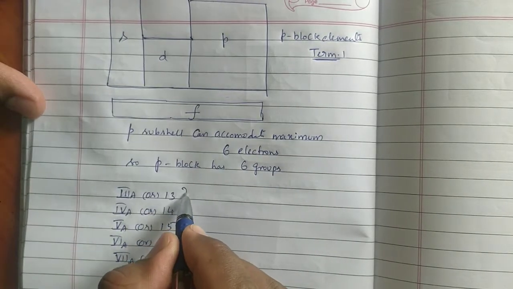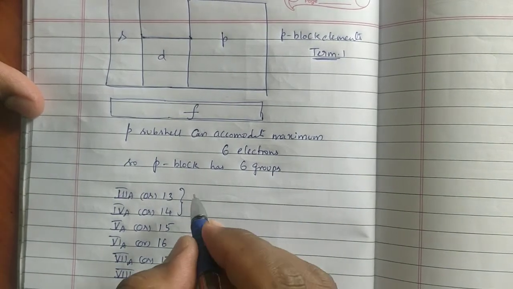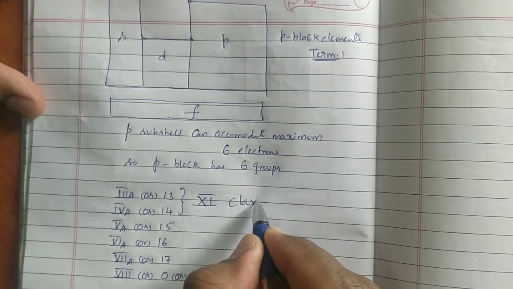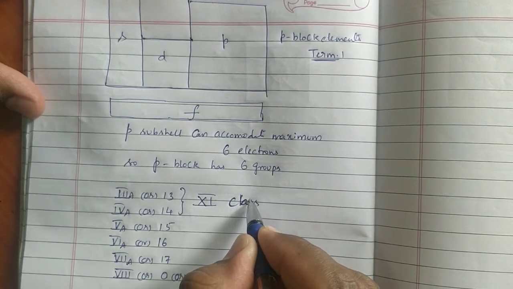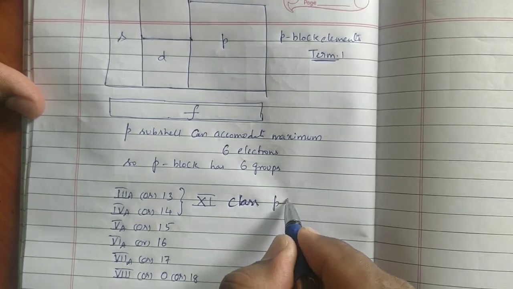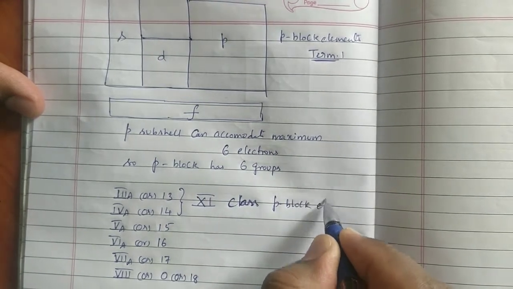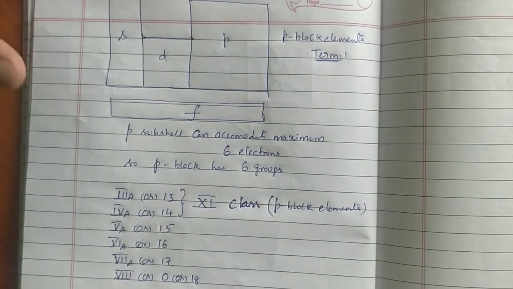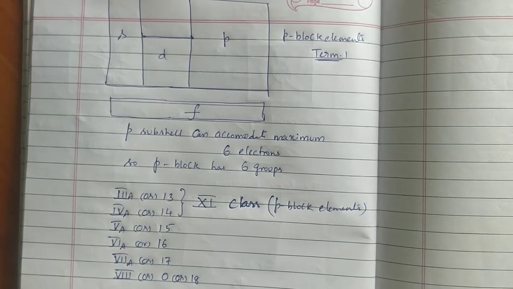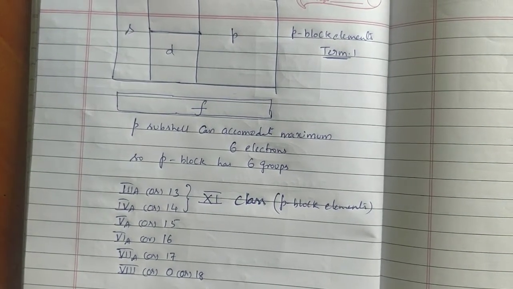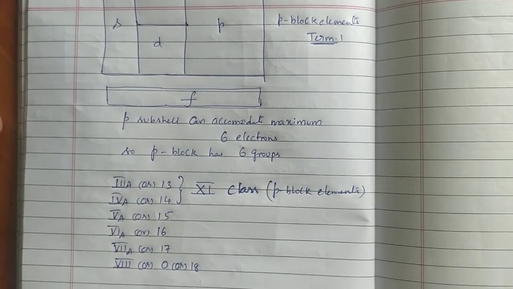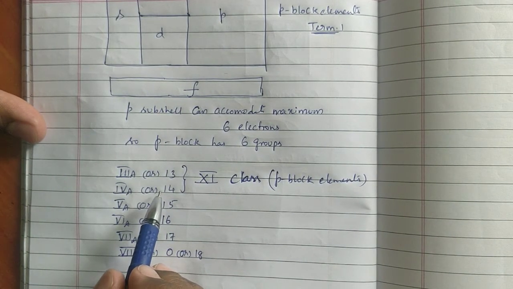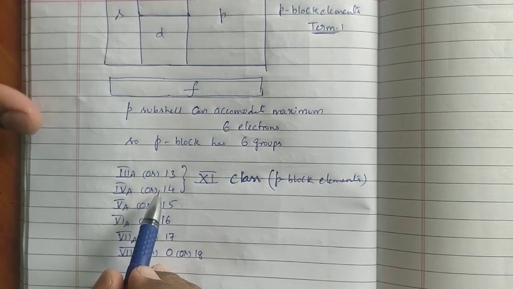In that, the 13th group and 14th group were present in 11th class under the heading P block elements. In 11th class also, we have a separate chapter, P block elements. Under that chapter, we have the 3A group and 4A group, that is the 13th and 14th group, which are called the boron family and carbon family.